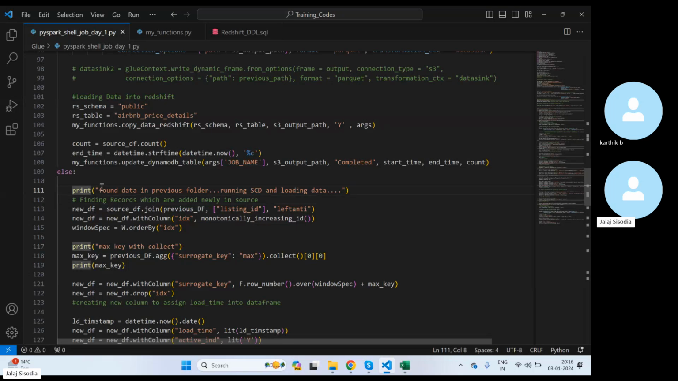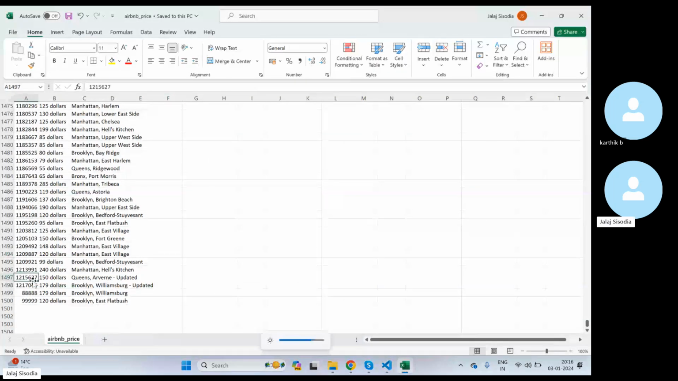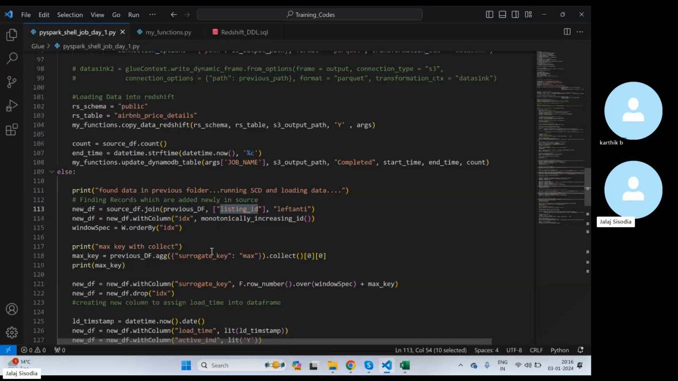Now I am saying we have found the data in the previous folder and we're going to run SCD and load the data. To find the new records which are added newly in the source, I am using the source data frame as my left table, joining it with the previous data frame, that is the data coming from Redshift. I am joining it based on the listing ID. I'm considering it as a primary key, and my join type is left anti. So if you do not know what a left anti join is,